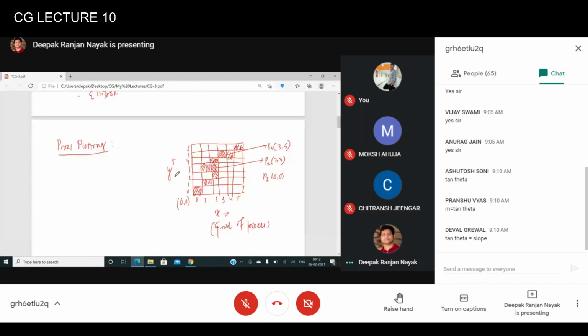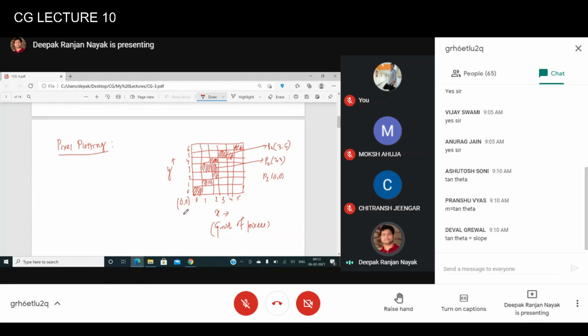If you can see, we have also discussed the raster values, right? And where is the origin? On the lower left hand side corner. As I mentioned, in some of the monitors the origin starts from the upper left hand side corner, right? And accordingly the y value will be inverted and the x value will be in that direction. That doesn't matter. The most important thing is that all the values here are nothing but integer values.